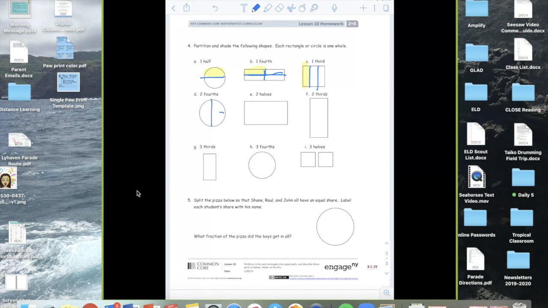2/4. Okay, so now we're not shading in 1 part anymore. So I need to shade in 2 parts. Okay. Halves. And then it says 2 halves. So it's 1/2, 2 halves, or 1 whole. Okay. So 2/3. So first I need to partition into thirds, and then I'm shading 2 of the parts